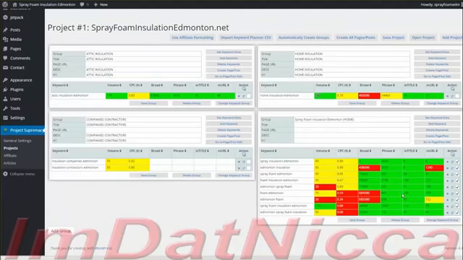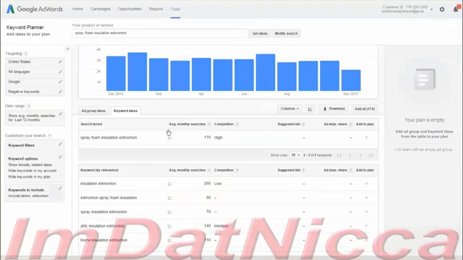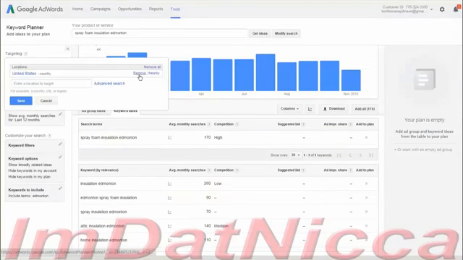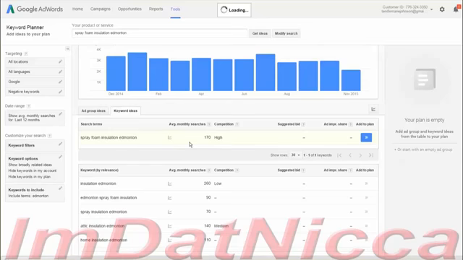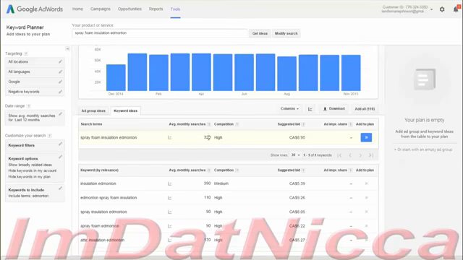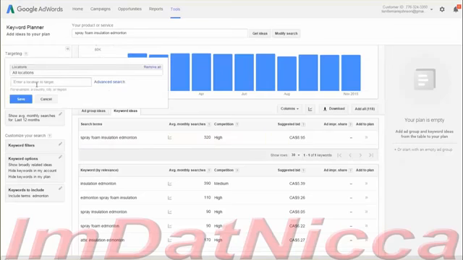All right, we're back, and you can see it's pulled all the data. There's a couple things I do want to go over. You're noticing these CPCs are set to 0, and the reason why, I'll show you in the keyword planner tool. Spray foam insulation, if I remove United States as my location, this will change to the 320 that we saw in the original videos, and you see the suggested bid is $8.95. Whereas when it is targeted to the United States,